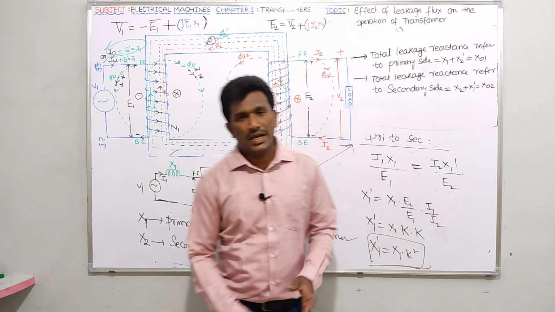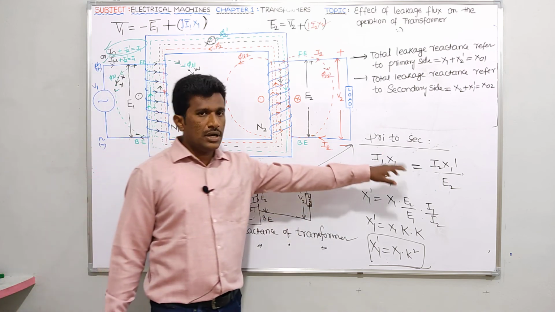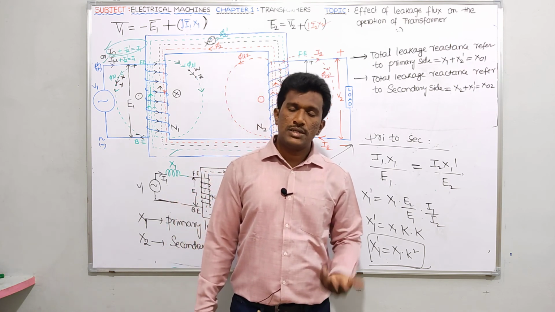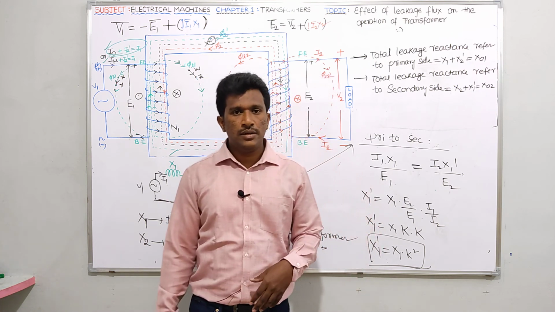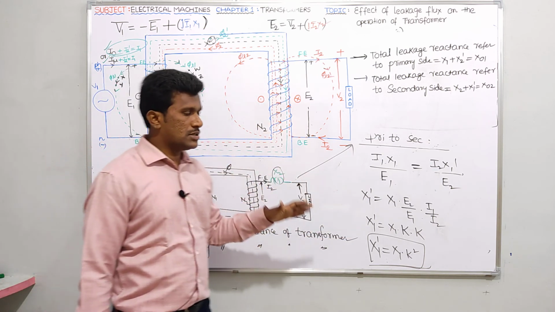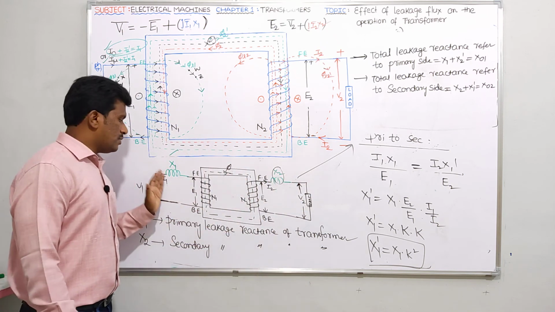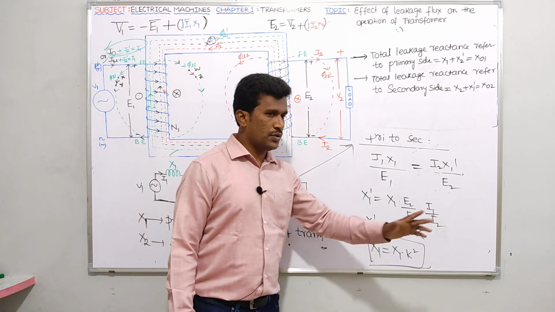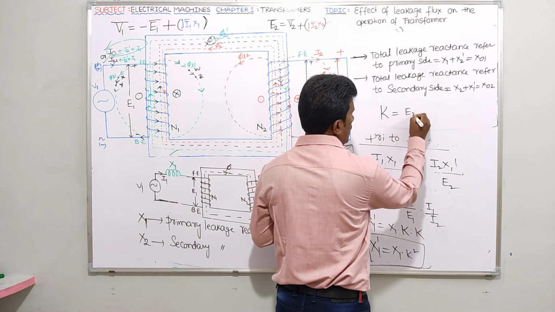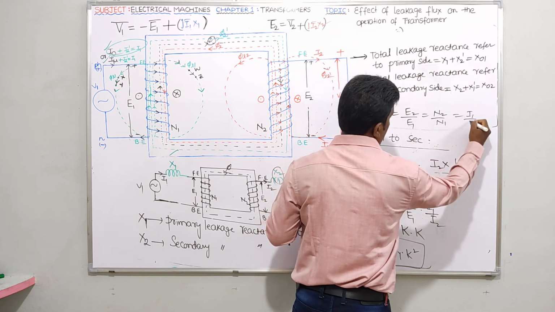Is it clear? And what is the condition for referring leakage reactances? The per unit leakage reactance drop before transfer is equal to the per unit leakage reactance drop after transfer. If we follow that condition, if I refer from secondary to primary, X2 becomes X2 dash. I had given the formula X2 dash equals X2 by K square. And if I refer X1 from the primary side to the secondary side, X1 becomes X1 dash. I got the formula X1 dash equals X1 into K square. And everybody knows the formula for K here: K means E2 by E1, N2 by N1, I1 by I2.